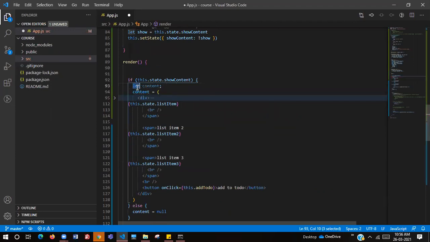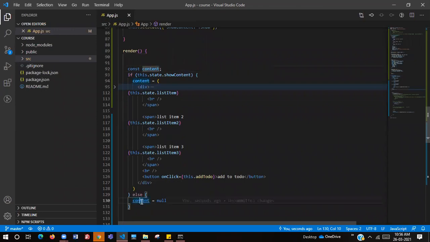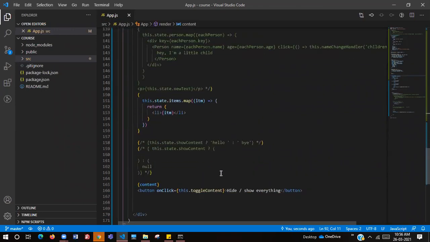Wait, what happened? See, when we Control plus click on this particular content, it is going to that particular piece, and same with here, and same with here.